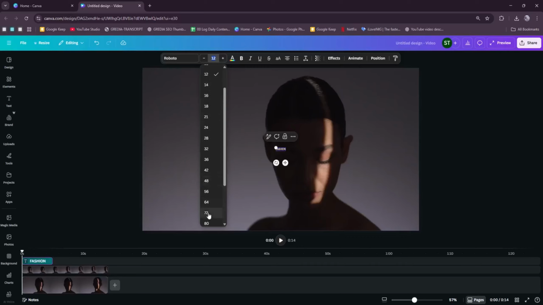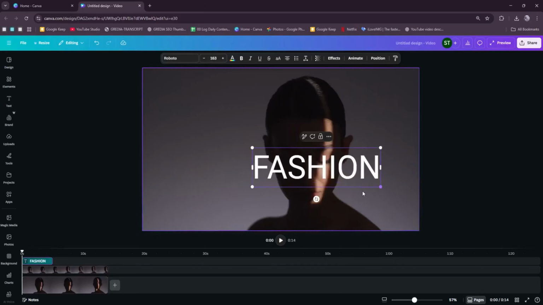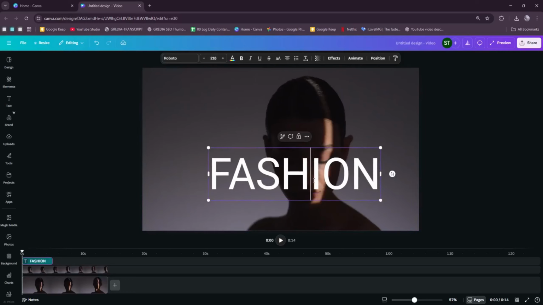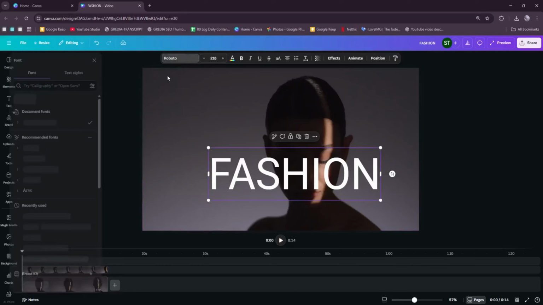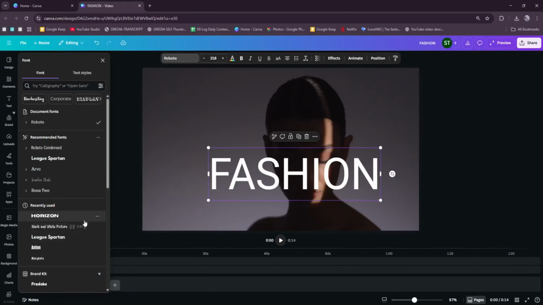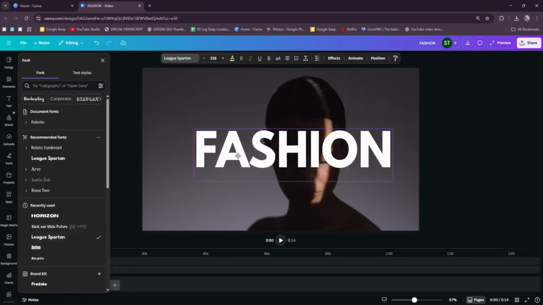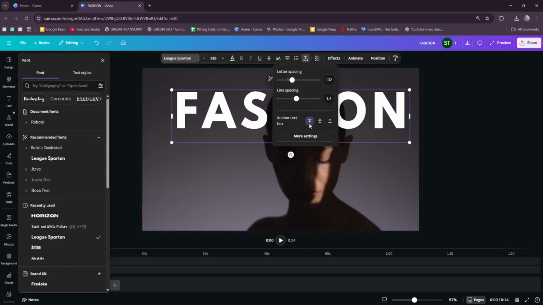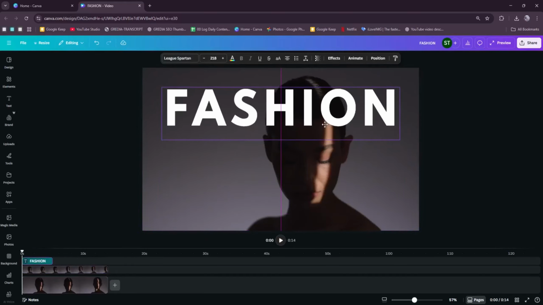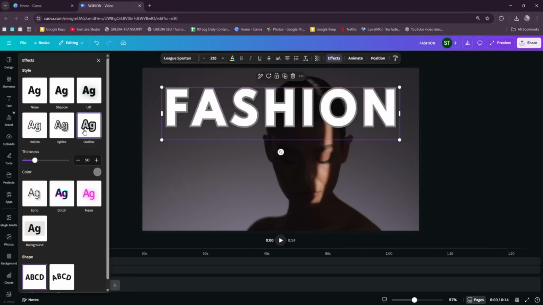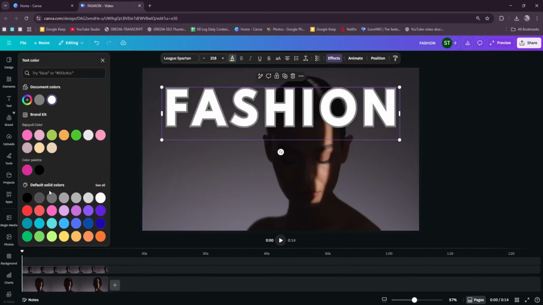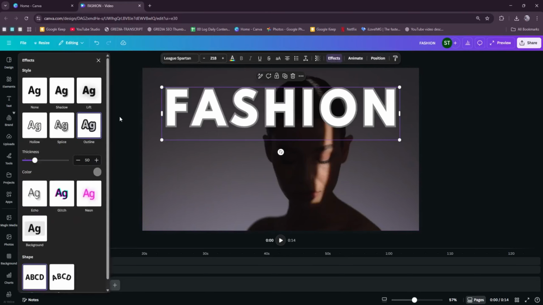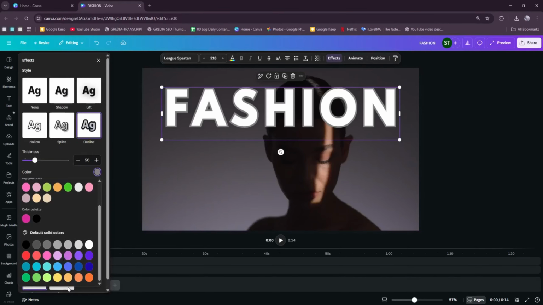Here you need to use bold and big fonts for the text so that it will stand out behind the object. Let's say in here I'm going to use League Spartan, and I'm going to adjust the spacing like this. You can also change the style of the text by going to effects in here, and you can change the color to the color that you prefer. So I'm going to change the outline color to, let's say,